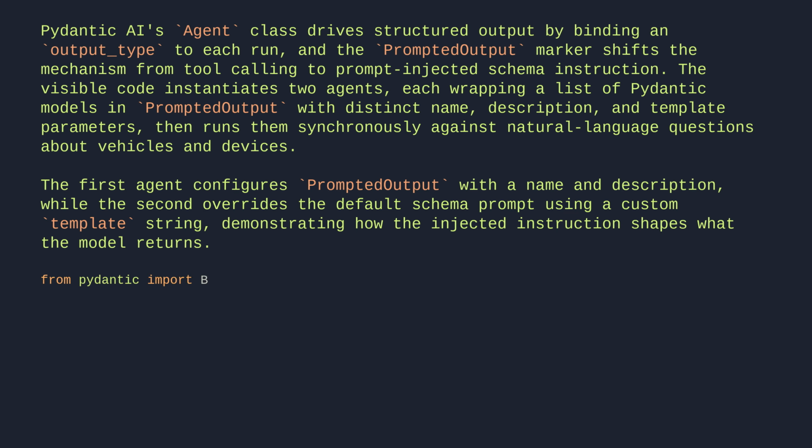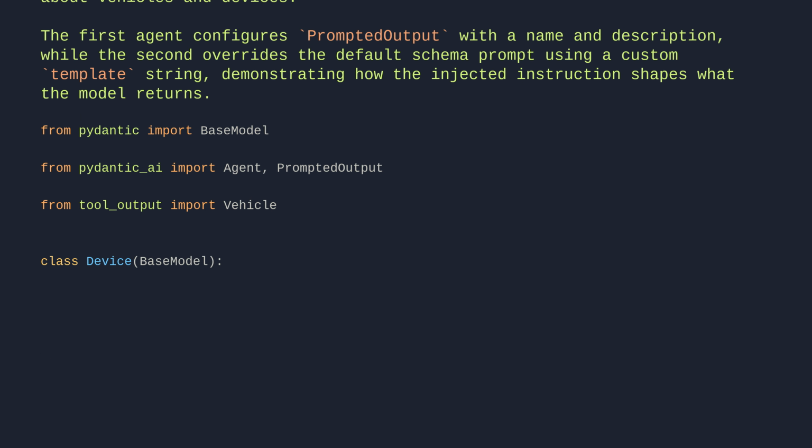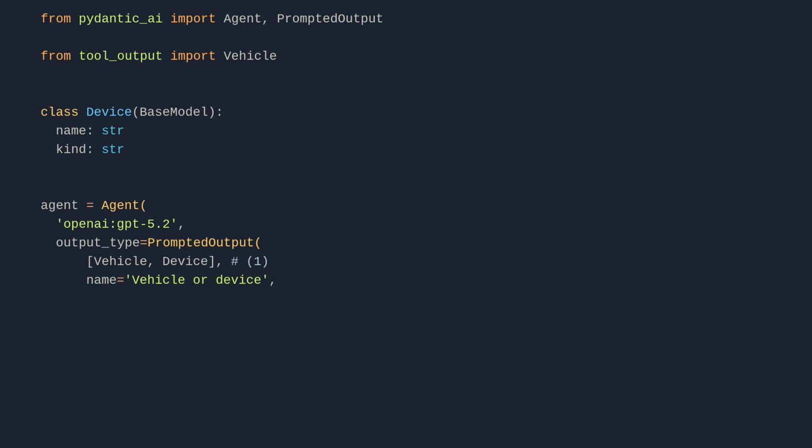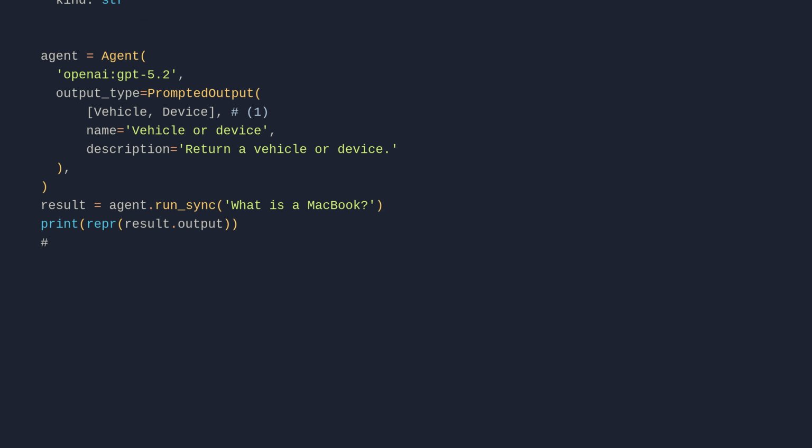From pydantic import BaseModel. From pydantic_ai import Agent, PromptedOutput. From tool_output import Vehicle. Class Device(BaseModel): name: str, kind: str. agent = Agent('openai:gpt-5.2', output_type=PromptedOutput([Vehicle, Device], name='vehicle_or_device', description='Return a vehicle or device')). result = agent.run_sync('What is a MacBook?'). print(result.output). Device(name='MacBook',